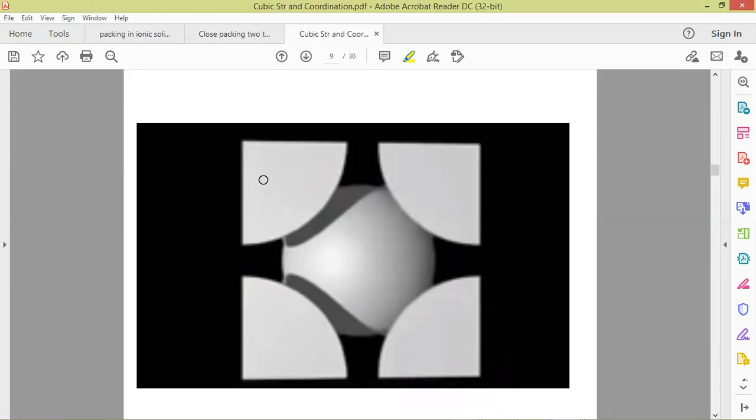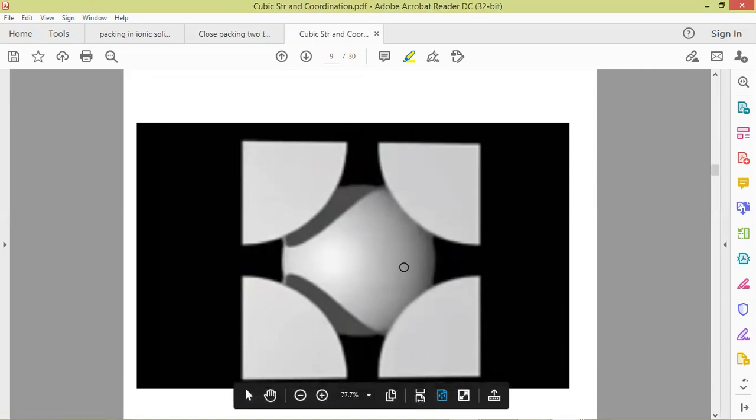So inside the unit cell there is the 1/8 part of each sphere which was present at the corner, and one complete sphere which is present at the body center. So if we want to calculate the total number of spheres in a single unit cell for body centered arrangement, that is going to be 1 by 8 into 8, where 8 represents the 8 corners. So that gives us 1, and 1 is there in the body center. Then 1 plus 1 gives us 2. So there are 2 spheres present in the body centered arrangement